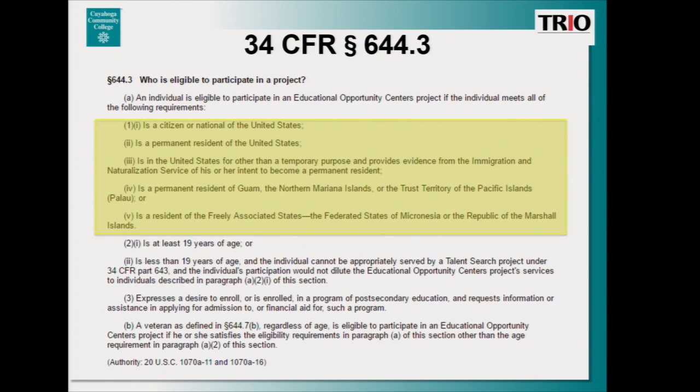According to the federal guidelines, an individual wishing to receive assistance from the Educational Opportunity Centers project must meet one of the eligibility categories under 644.3, paragraph A, subparagraph 1. An individual must be either a citizen or national of the U.S., or a permanent resident of the U.S., or be in the United States for reasons other than a temporary purpose and be able to provide evidence that they